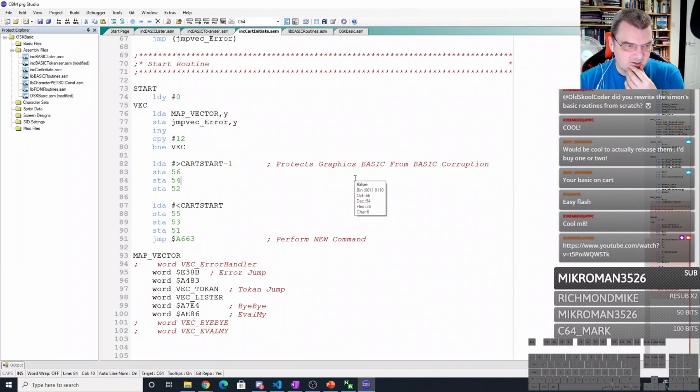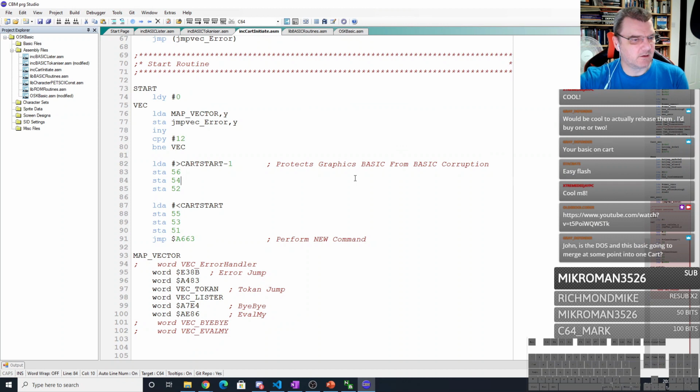Anyway, so we're going the eval, right? The eval function, basically, when you type run, what happens is BASIC hands over